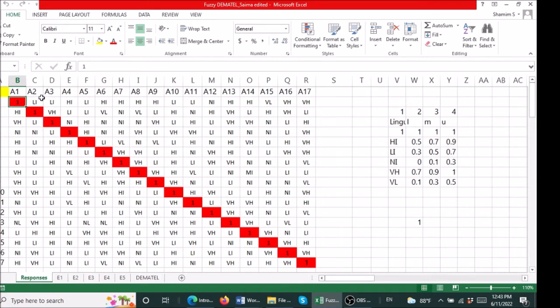So here, the relationship of A1 on A2, we got Li. Okay, Li, we have a triangular fuzzy number. So this is how we got the responses. Now what we need to do, we have to convert these linguistic forms into numbers using this triangular fuzzy number. So what we have done here, we are using our linguistic scales and the triangular fuzzy number, and we